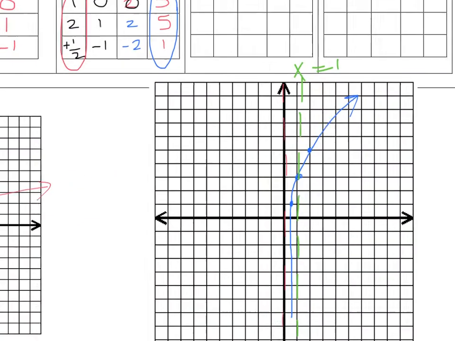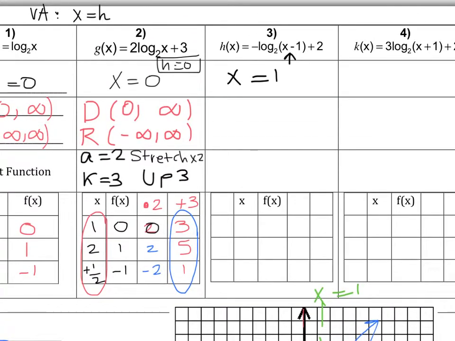Now remember, I told you that there's another method for graphing or getting the points. Instead of going back to the parent function and using that, you can try to plug in different numbers for x that would give you a 2 on the inside, because you want it to match the base, or to give you a 1 on the inside, because log of 1, no matter what the base is, would be 0. So what would make the inside a 2? If x is 3, then 3 minus 1 is a 2. Log of 2 base 2, that would be a 1. So if x is 3,